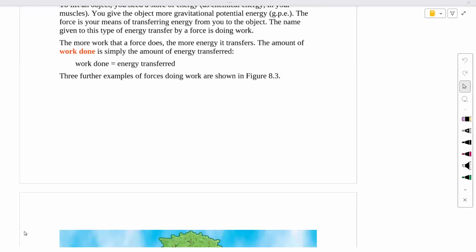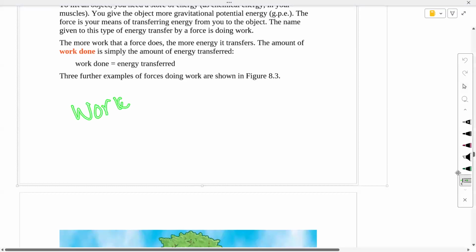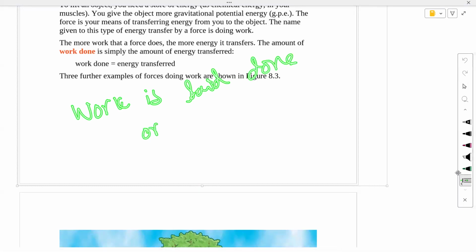Acha. In the previous lesson, we discussed that work is said to be done only if